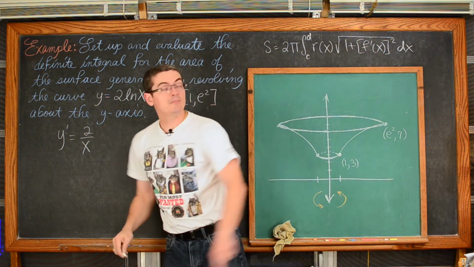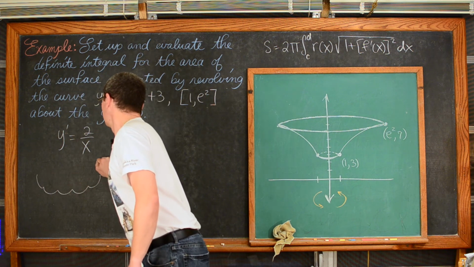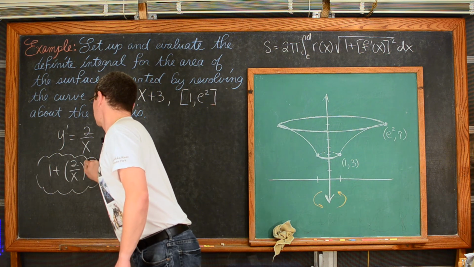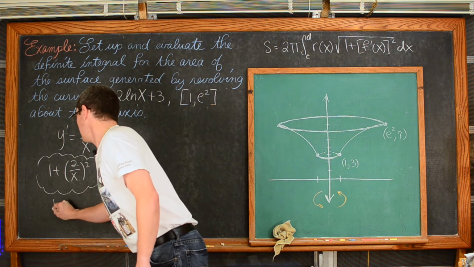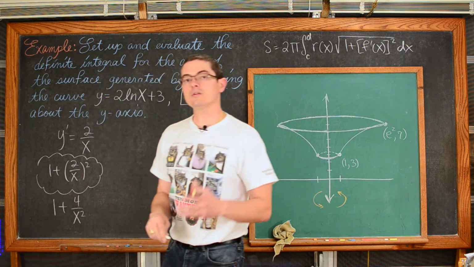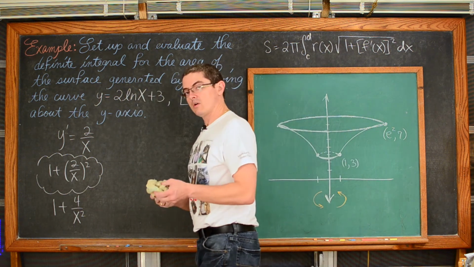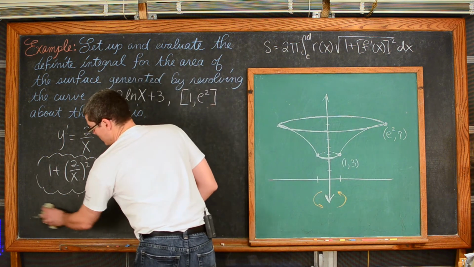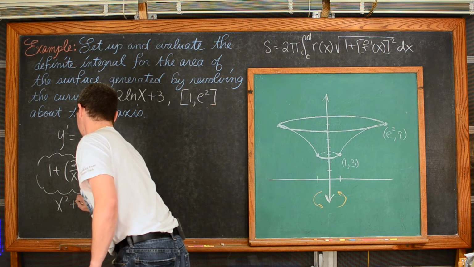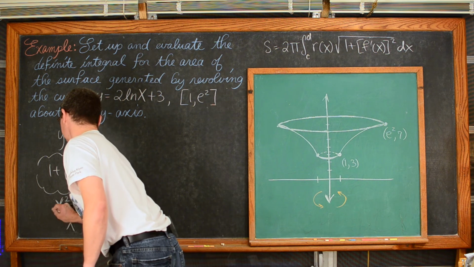So we got our y prime, and you get it squared and added with 1 again, so this is going to be 1 plus 2 over x squared, giving us 1 plus 4 over x squared. Finding a common denominator, of course, this is going to be x squared over x squared. So our expression that we're going to put into that square root is going to be x squared plus 4 over x squared. Excellent.